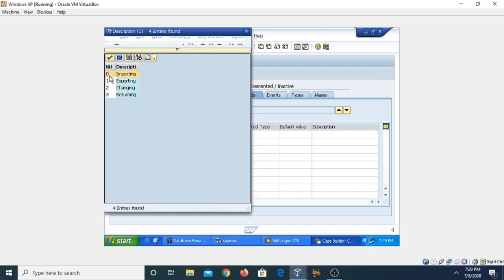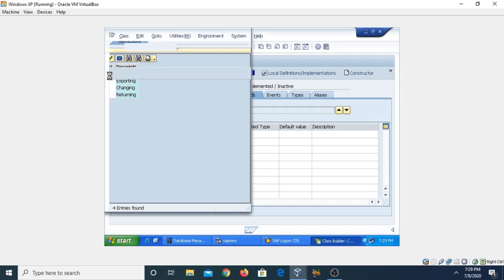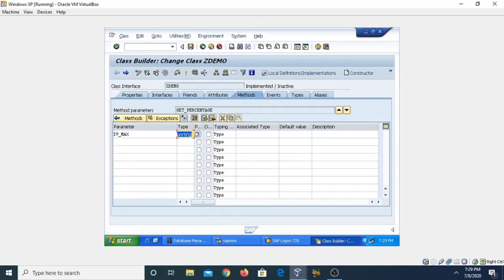So type maybe importing, because if you want to get some data from the main function, when the data will be supplied from the main function, then there we will use the exporting and here we will use the importing. So click on the importing and then typing is type and then associate type. So I am assigning the associate type as I.